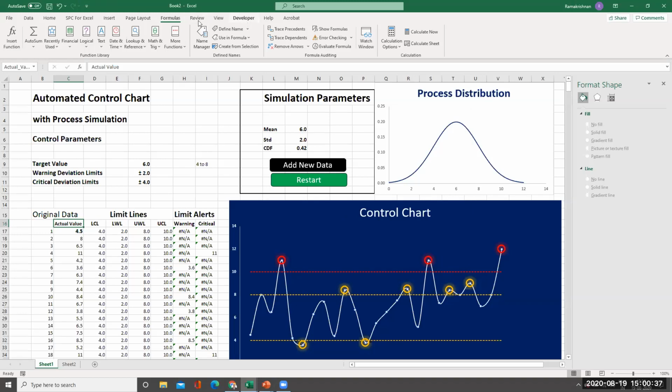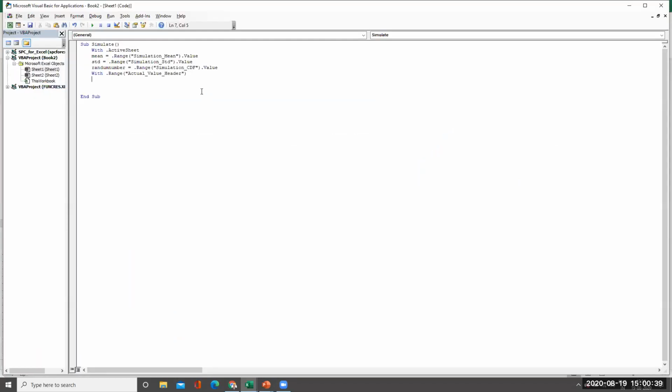Now I'll go to that Visual Basic. What do I do with that value? I'll have to go to the next cell and find the value. If dot Offset by one row, 0 column, that is the next cell in the same column, dot Value is equal to blank, double quote, double quote. Then